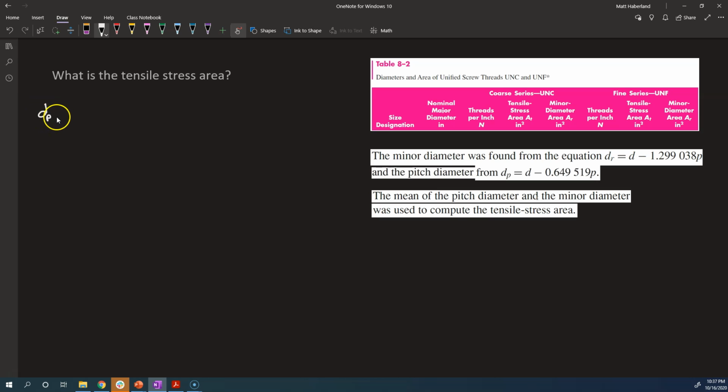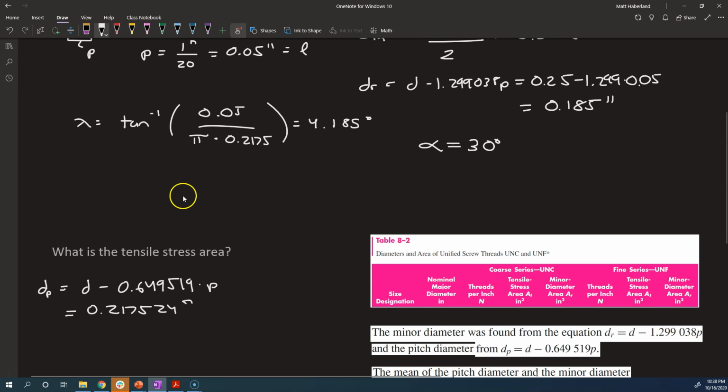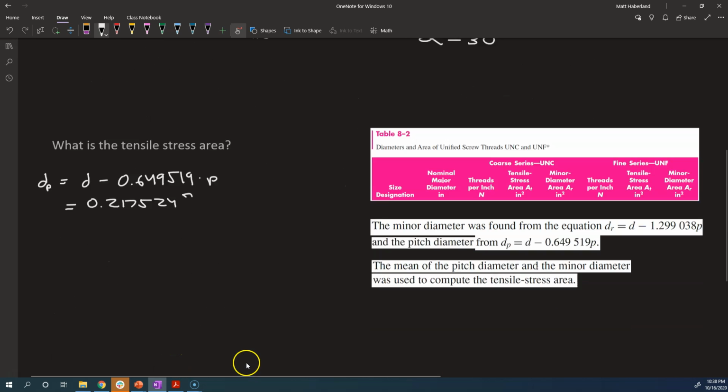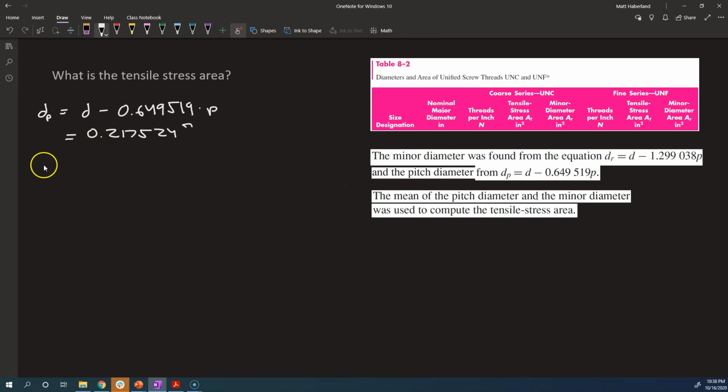D subscript P is D, 0.25 inches, minus 0.649519 times the pitch P, which is 0.05. Substitute those in. Now this might look familiar. That's what we got for the mean diameter above. So as I mentioned before, even though the pitch diameter is conceptually distinct from the mean diameter, they're numerically equal for regular threads. All right, our minor diameter from before, D subscript R is